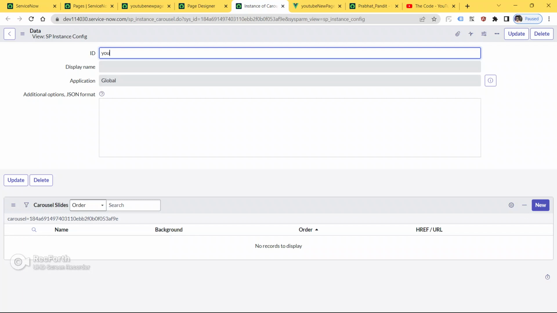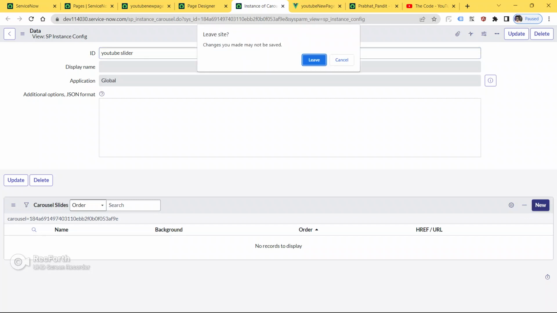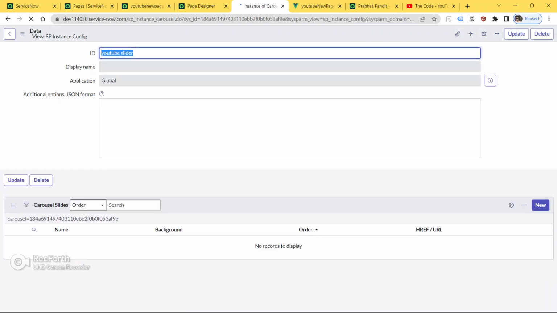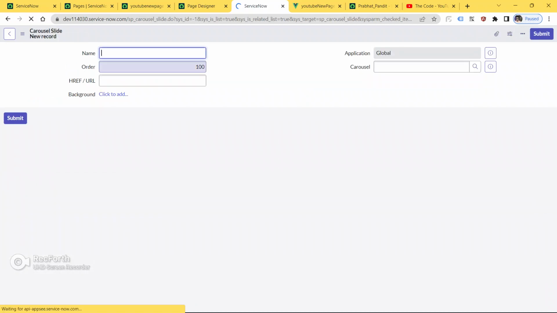Here we will add our images to the sliders. Okay, so give the name YouTube slider. Okay, so now I'm gonna choose image, and to insert image inside the slider guys, we have to click on the button new. Okay, as you can see, carousel slides. So we have to click on the button new in order to add images, in order to add slides inside our carousel. Okay, so I'm going to click on the button new now. First of all, just save this page here only. So click on the save. Now click on the button new.